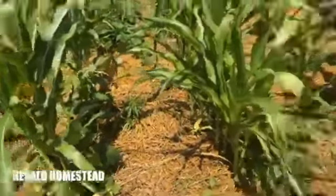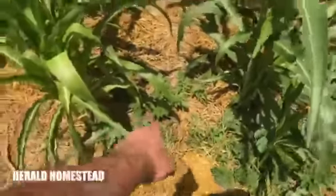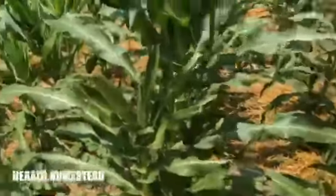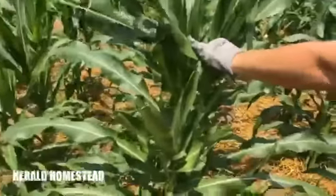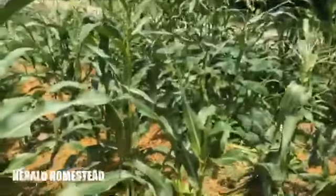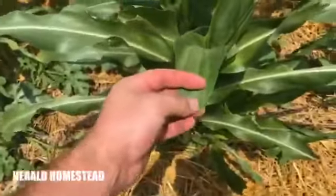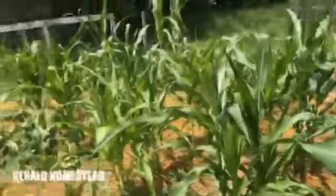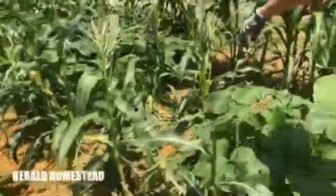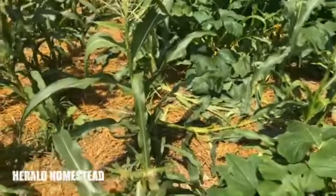These two rows here have watermelon in them. See the leaves? Some juicy watermelon. This row, I did a honeydew, which is doing much better than the cantaloupe. The cantaloupe seed, for some reason, did not come up. And we plant like this because you can tell it's nipped. We get deer walking through here at night, and raccoons tearing into it. Right here, for some reason, they like this. That's what raccoons do right there, tearing off